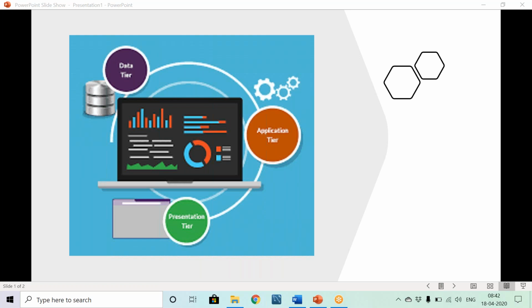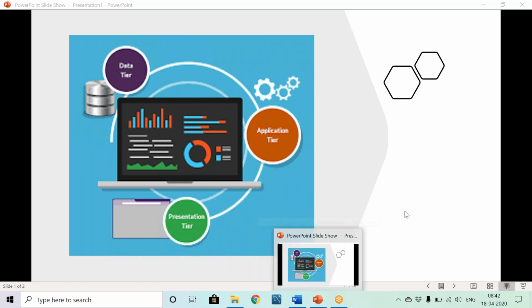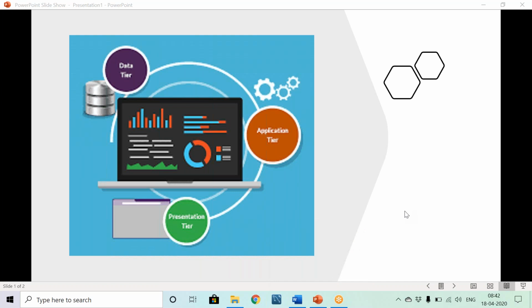So this gives us an advantage to connect our data layer with the presentation layer, because ultimately what we have to showcase to the end user has to be the data that is available in the backend, correct?